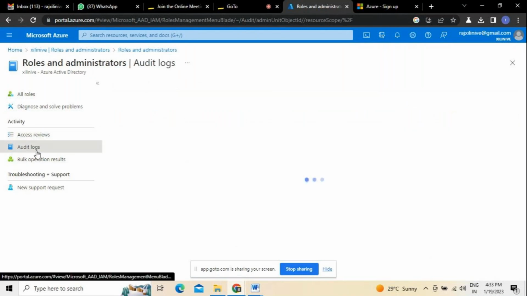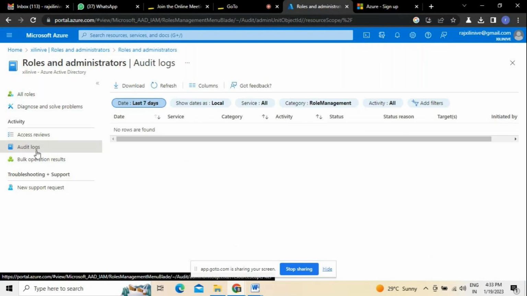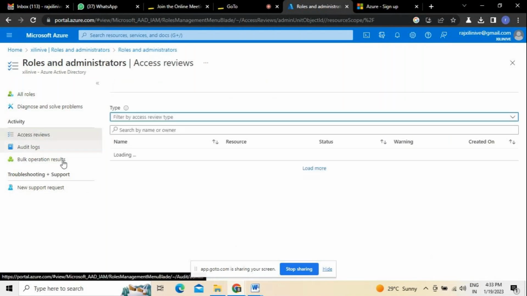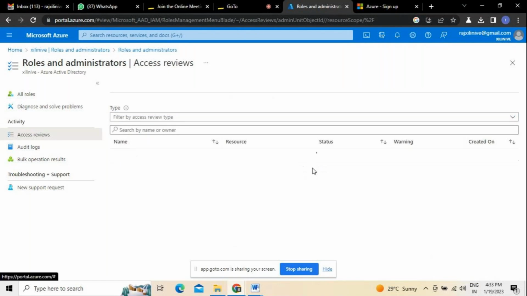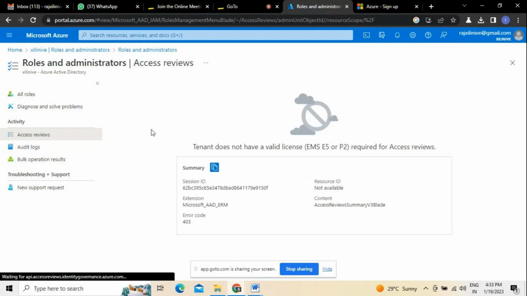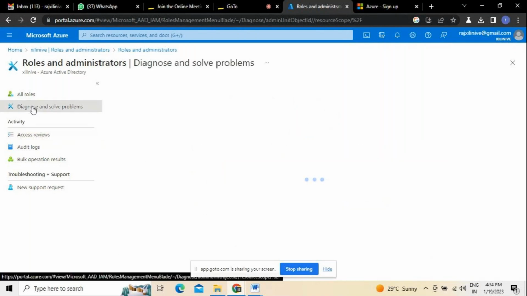If you are working on anything of that sort, generally audit logs will be there, so that you can see them. And if you want to download any information related and relevant to that, all of this can be downloaded here. At the same time, if you want to access reviews where we need to provide more information, you can search by name. If there is any name, you can search by name, take valid licenses and everything, and use it accordingly. That is one more thing you can do.